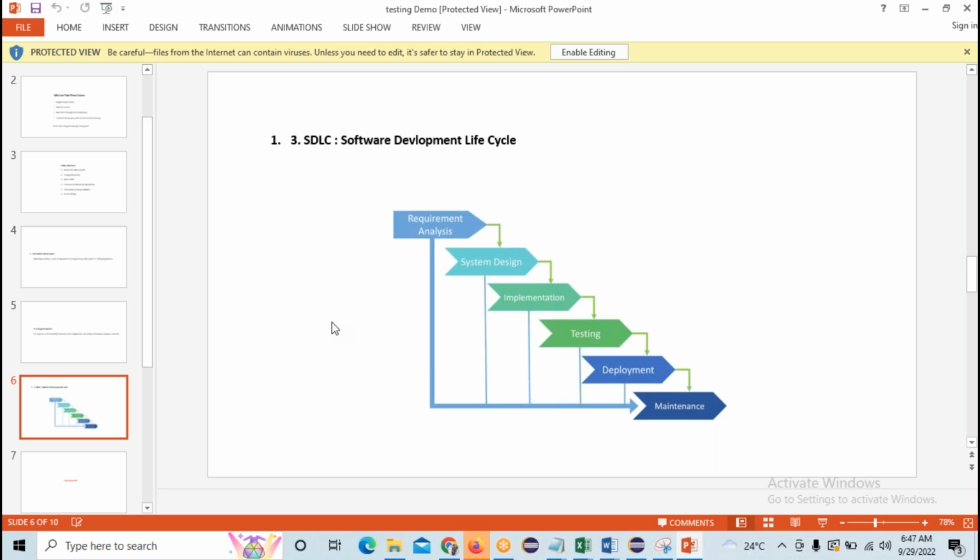System design is nothing but a prototype. Many of you know what is meant by prototype. A prototype is nothing but a design. It will show you how that application, or that apartment, looks after completion of the project. That is called system design. Are you guys clear about the requirement analysis and system design?